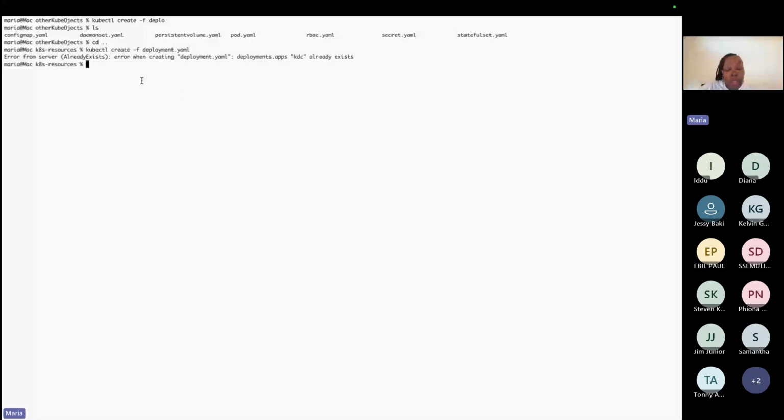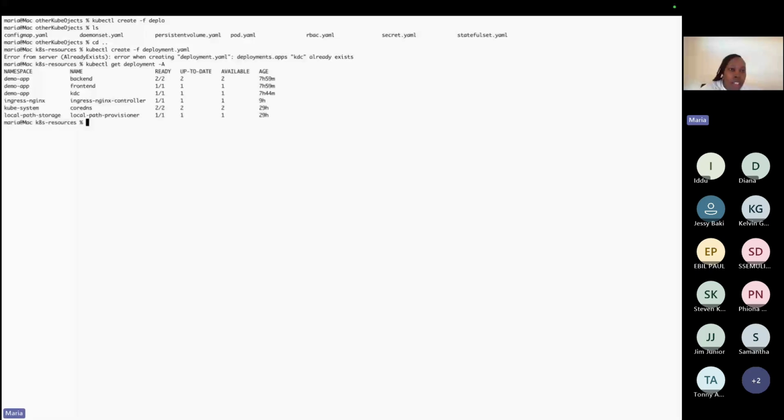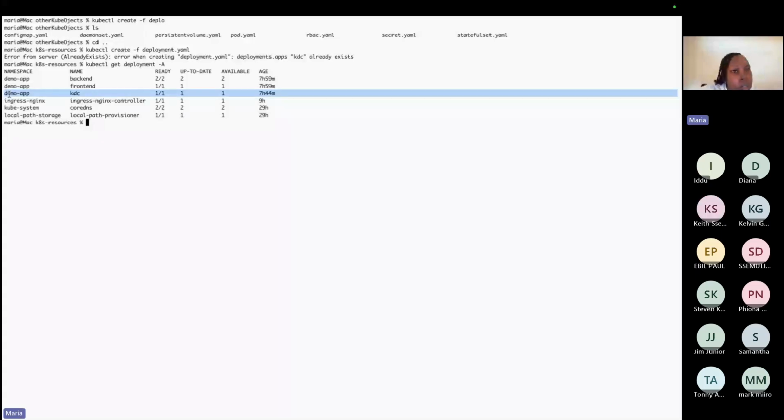So the deployment already exists. kubectl get deployment. So -A, in case you don't know the namespace, it will help you find it. So we have a deployment which already exists and we tried to create it,